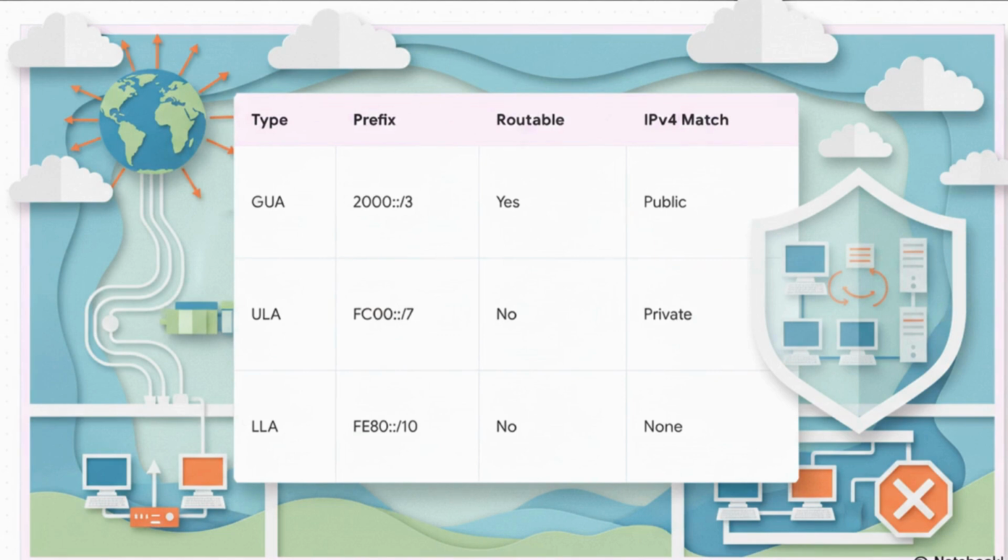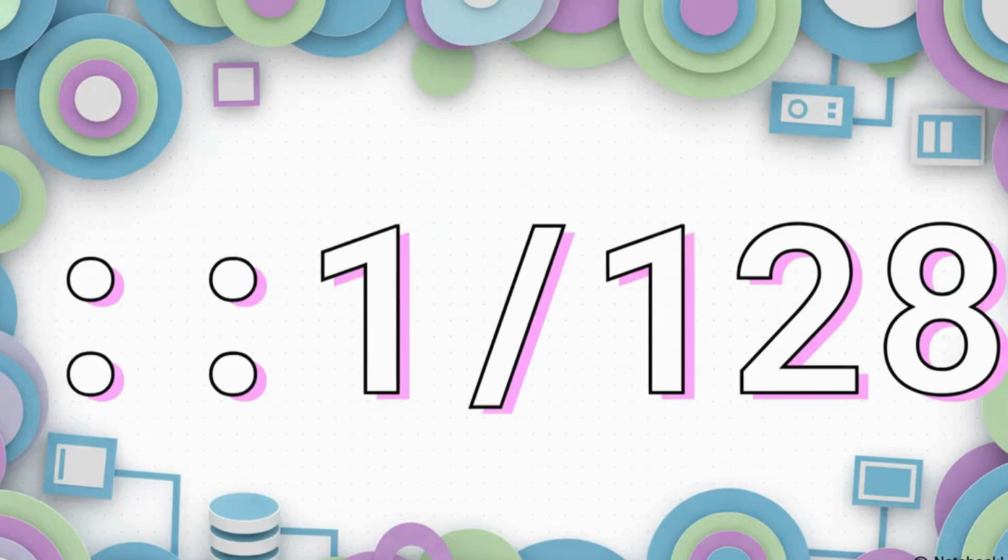And finally, there are link local addresses, starting with FE80::/10. Now, these stay entirely locked to a single local network segment. They are strictly non-routable, but here's the kicker. Every single IPv6 interface must have a link local address to do things like discover neighbor devices and set up local routing protocol relationships. Also within the unicast family, there is one very specific sequence you absolutely need to commit to memory: